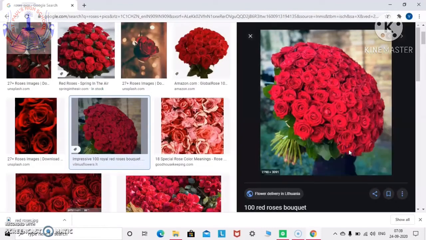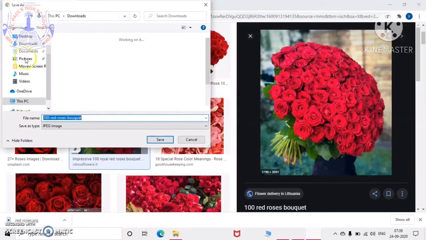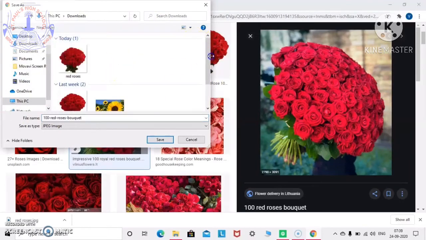Click on save image as. After clicking on save image as, a box will get open, and then you will go to downloads. Click on downloads. From here, you can change the name. You can put any name, and you can click on save. So I have saved the particular picture over here. See, you can see Red Roses.